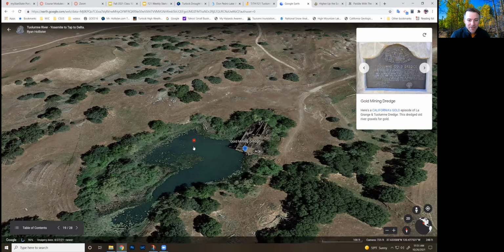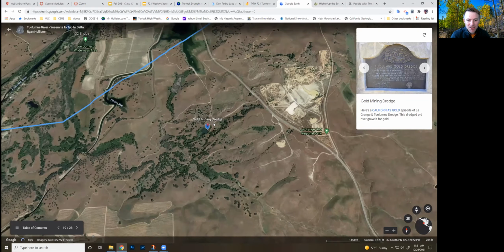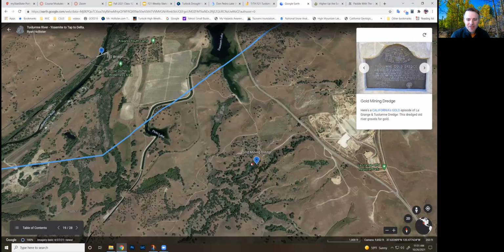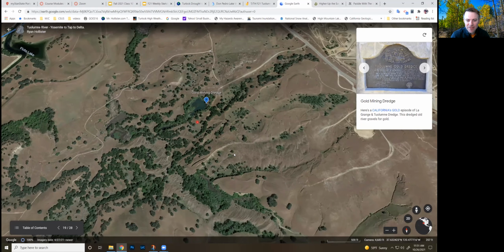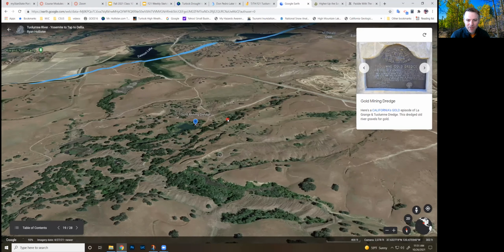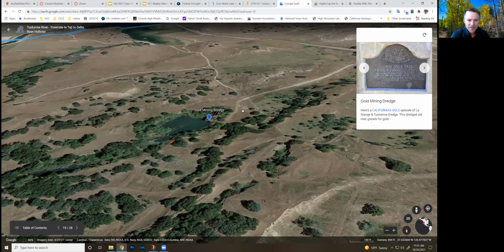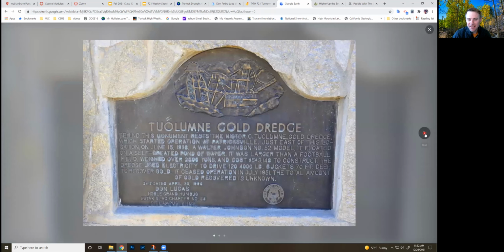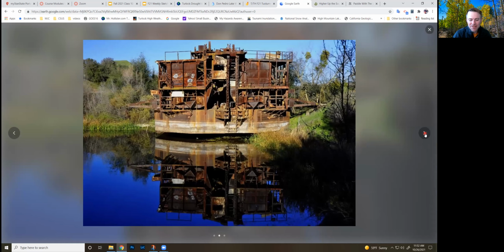And so one of the other things along the Tuolumne River, the ancestral Tuolumne River, when it ran higher and was running over here, brought gold down from the foothills and deposited it in places like this. In the late 1930s and 40s, they had a big gold rush here, with gold mining dredges basically mining up gravels. That's what you're seeing here, the tailings of that. Basically what you're seeing here is this old gold dredge, and it still floats in its